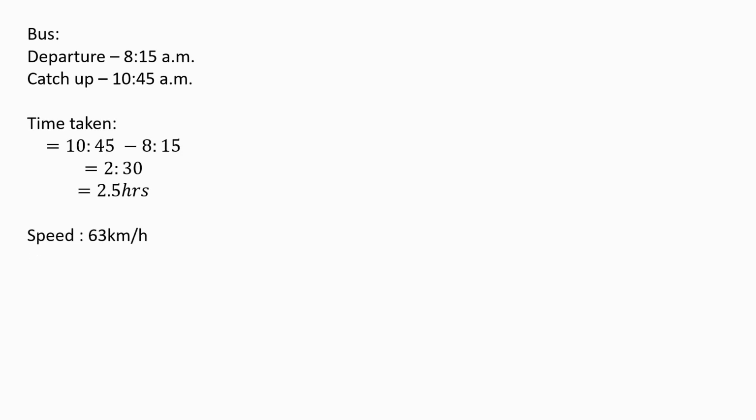Then we have been told that the bus was traveling at a speed of 63 kilometers per hour. Therefore we need to obtain the distance traveled, and we know that the formula of the distance is speed times time. Therefore it will be 63 times 2.5, giving us 157.5 kilometers. So it means by the time the car was catching up with the bus, it had traveled a distance of 157.5